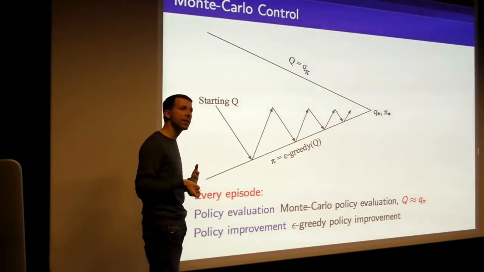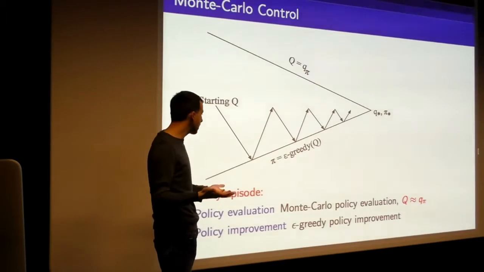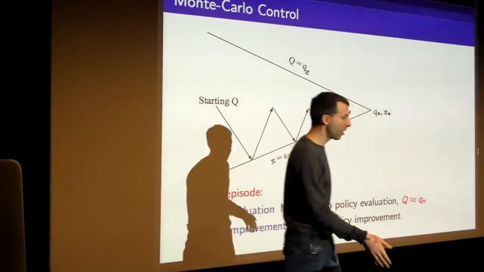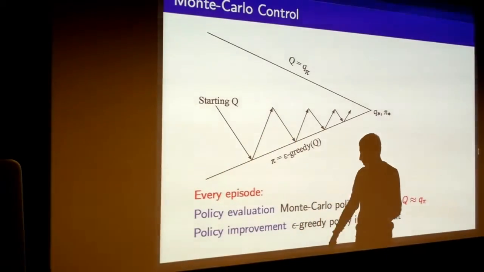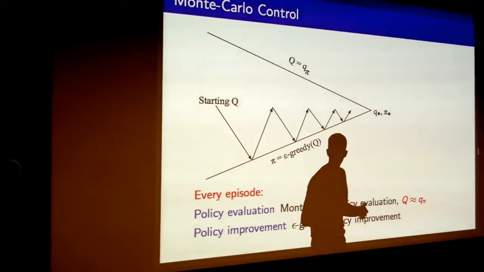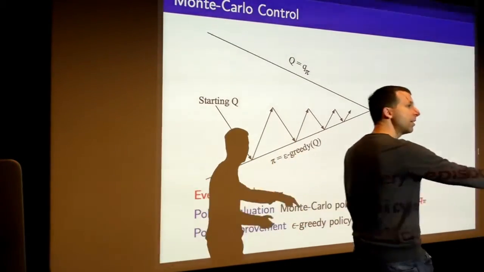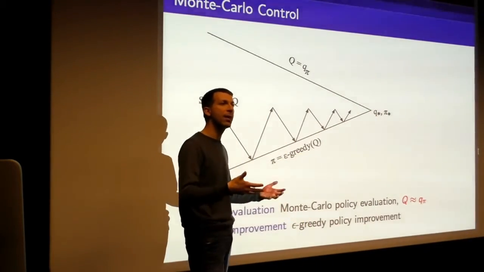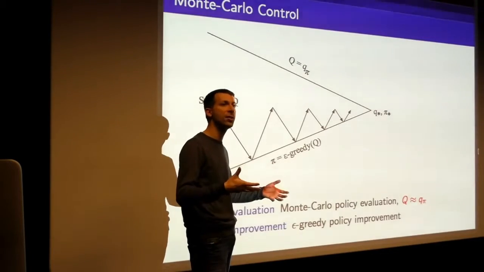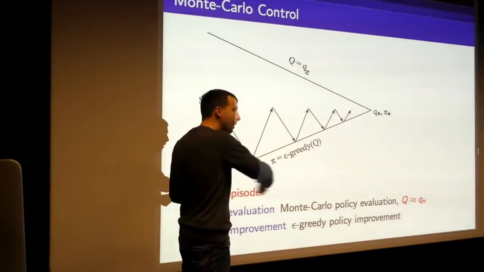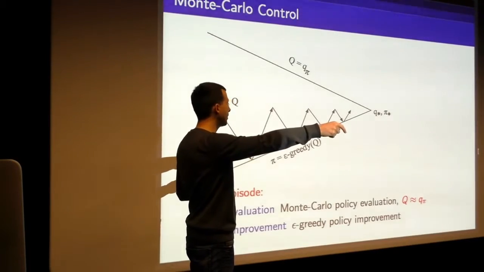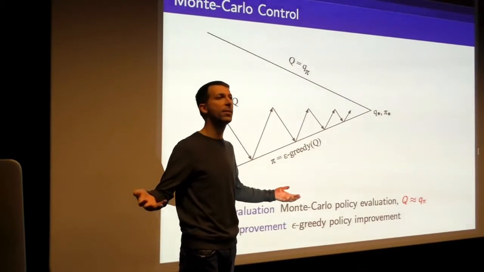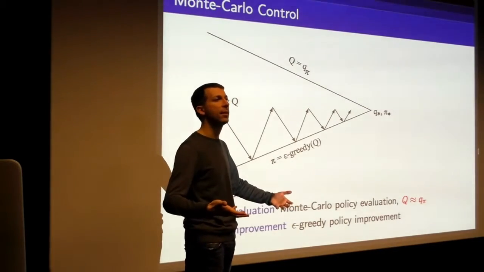So what would that look like in the context of Monte Carlo? Well, let's take it to its extreme and say, why not do this every single episode? We run one episode, make the robot do one episode, collect all the steps along that episode, and update the Q values just for those steps, so we basically get one new return. For every state and action that we've taken along that episode, we update the mean value of just those visited states and tried actions. So one episode, one sequence of updates to our returns, and then improve our policy straight away. Why wait to get more episodes of information when you can already improve the policy?